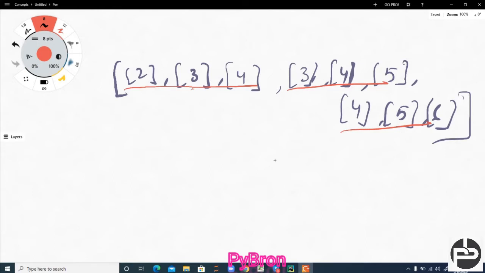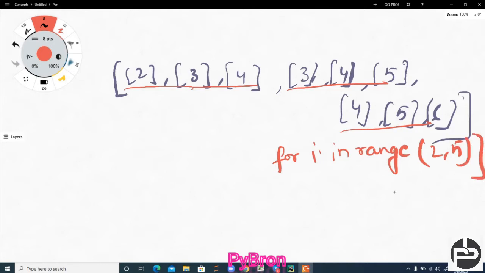Suppose I write for i in range 2 comma 5. What output will we get? Can anyone help me? 2 3 4, we will get these. No doubt at all.